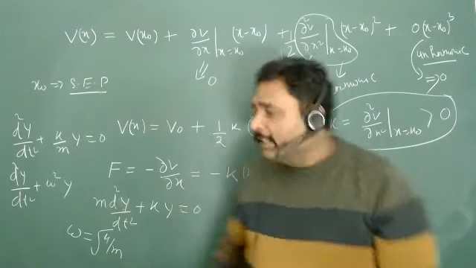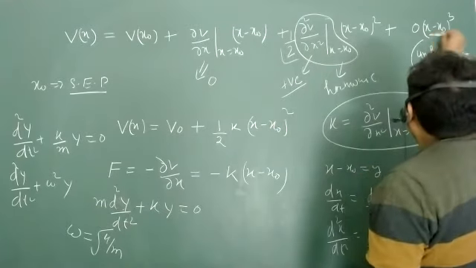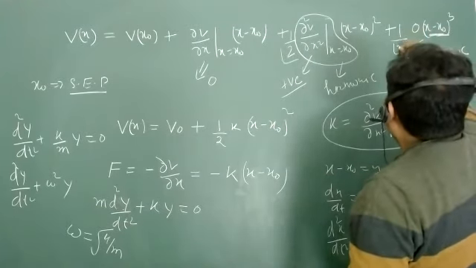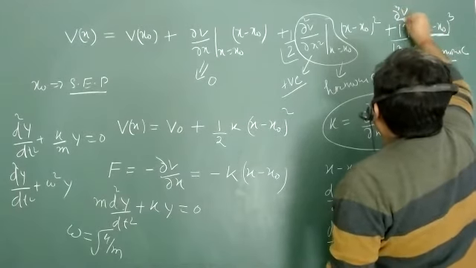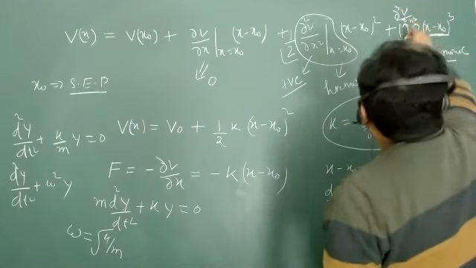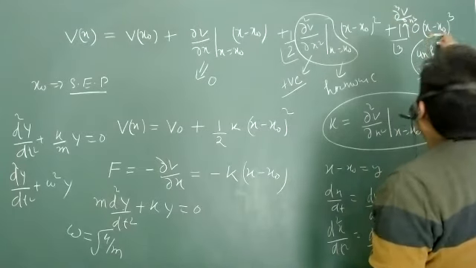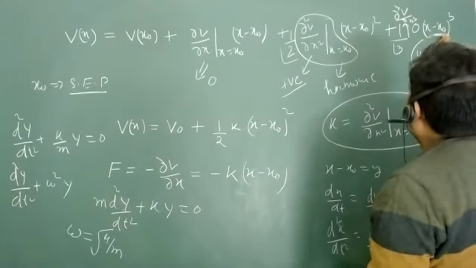Okay, sir. Okay, this term is not 0 actually. Order of this term, it will be something factorial 3, and you have del cube upon del x cube. This term will be there. So this is not 0. Are you getting my point?